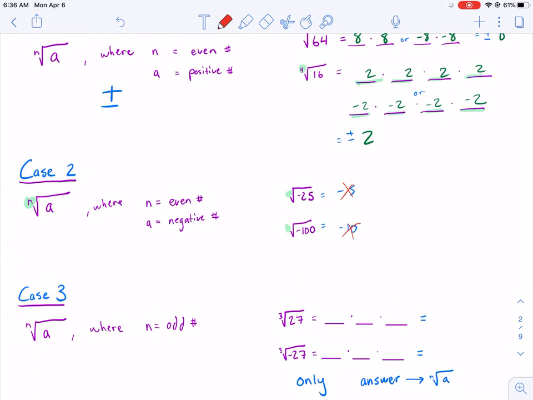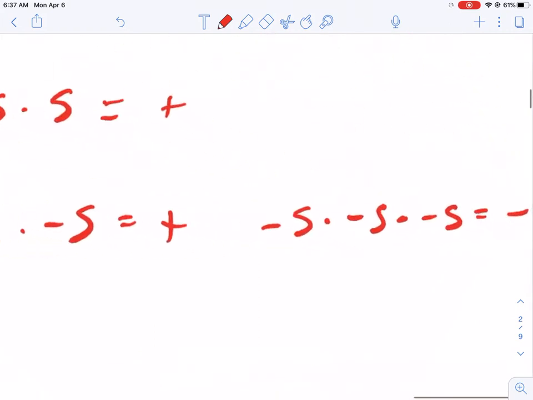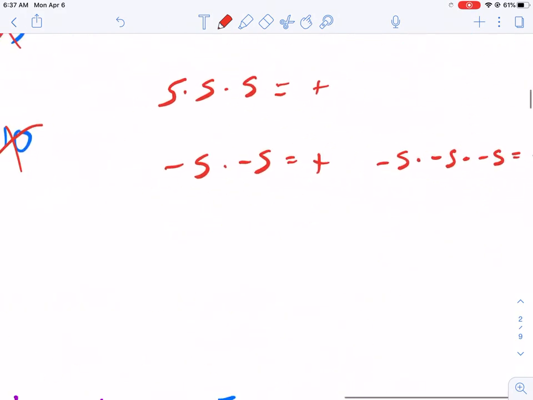If you notice the pattern here, anytime we have positive numbers, no matter how many times we multiply them together, whether it's 3 or 4 times, you're always going to get a positive number. If we have negative numbers times themselves, it changes. If we multiply by a negative an odd number of times, we're going to get a negative number. If we multiply an even number of times, we're going to get a